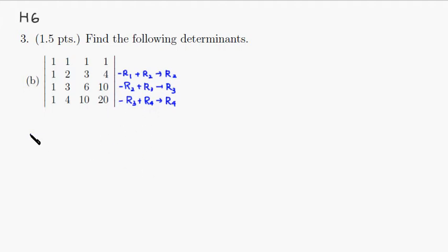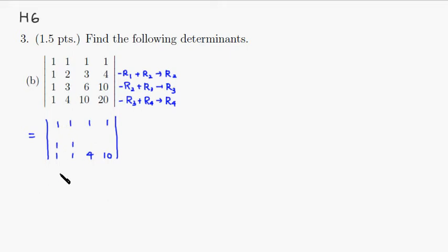So this is going to be equal to a determinant. We haven't done anything to the first row, so it stays: 1, 1, 1, 1. For the fourth row, 1 minus 1 is 0, 4 minus 3 is 1, 10 minus 6 is 4, and 20 minus 10 is 10. Then for the third row, 1 minus 1 is 1,